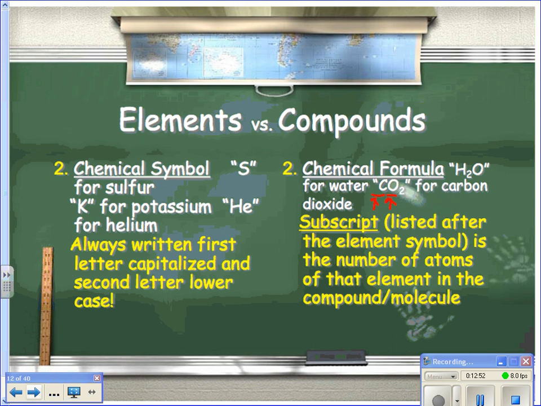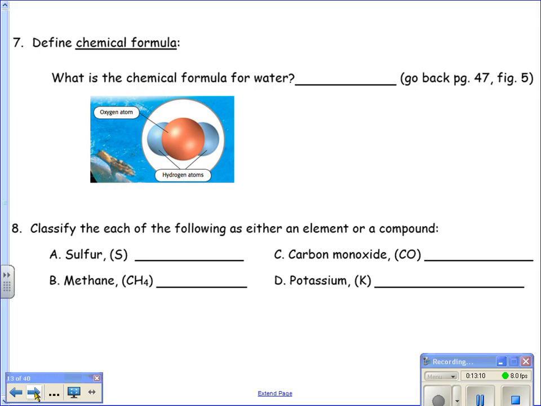So again, be careful when you are writing out chemical symbols and chemical formulas that the first letter of the chemical symbol for each element is capitalized, and the second one is always lowercase. All right, so let's define chemical formula. Chemical formula is defined as